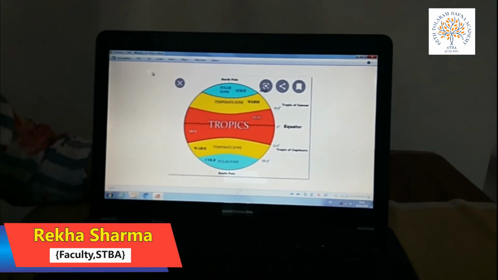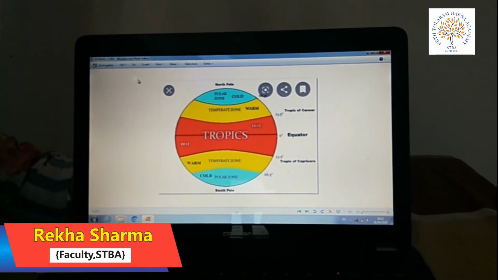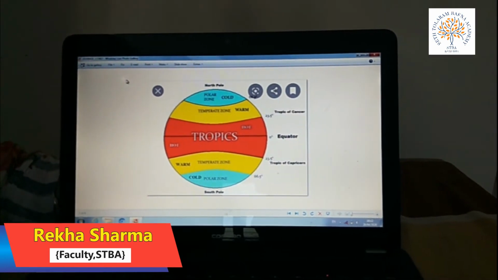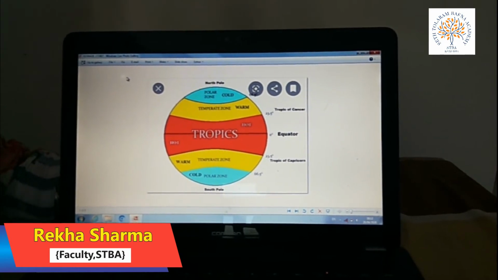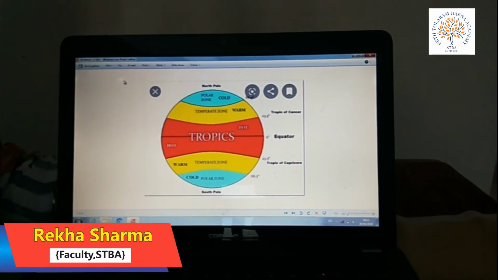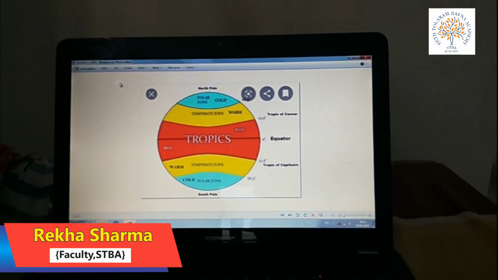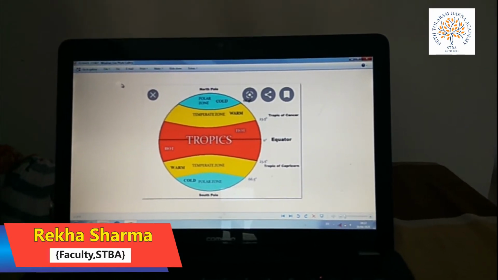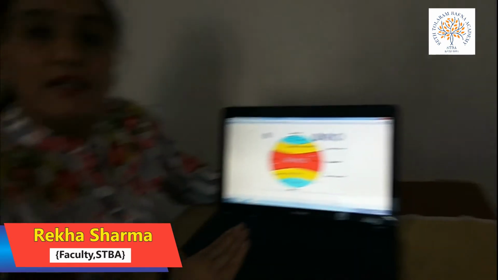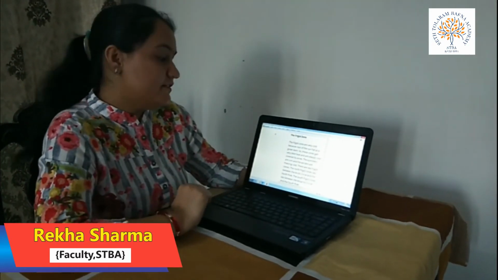As you can see clearly in the picture, the blue part is given and it is also written as the polar zone. Why is it called the polar zone? Because both the zones have freezing points. Mark my word, freezing point means throughout the year the temperature is below 0 degrees and they have a freezing climate. So this is called the freezing zone, or the surface is covered with ice and snow throughout the year.